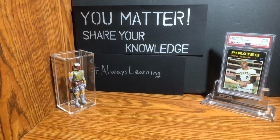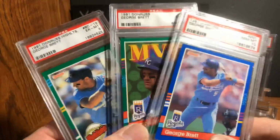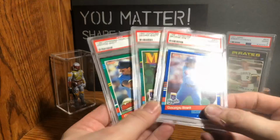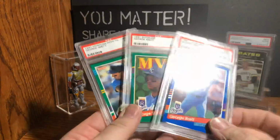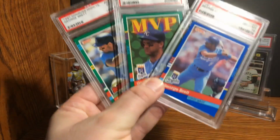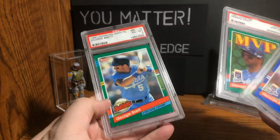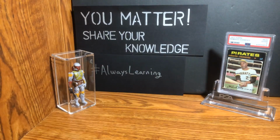And then, of course, everyone's second favorite set for 1991 would be the Donruss set. This was the last year that Donruss used traditional cardstock. And of course, these are well known for 1991 Donruss Elite,